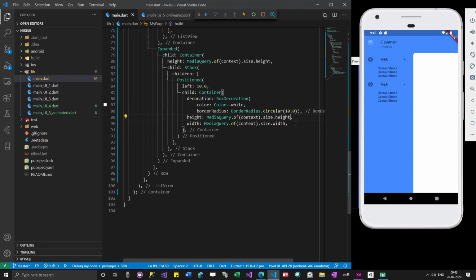Let's make it probably half. So this looks much better. So left value I can try somewhere around 50 or 60 and see how it moves.